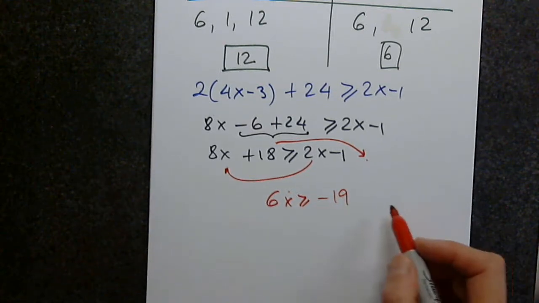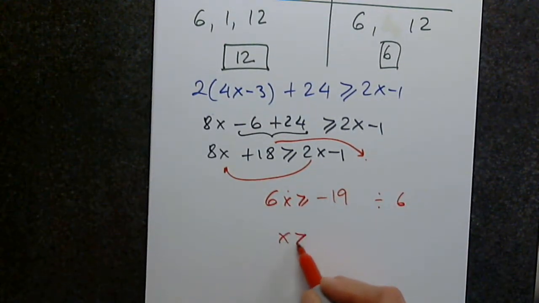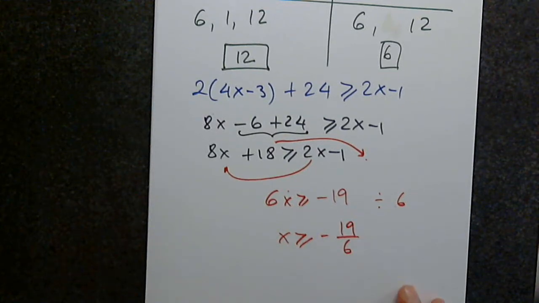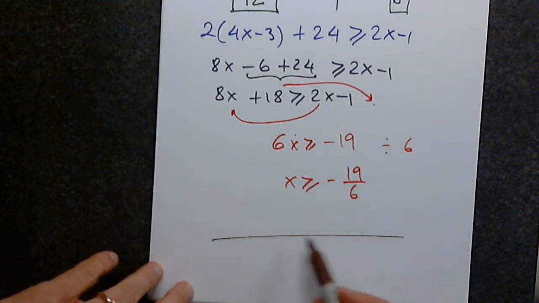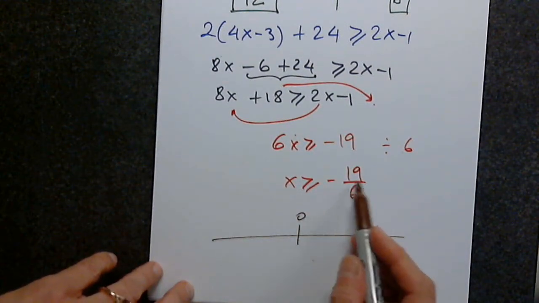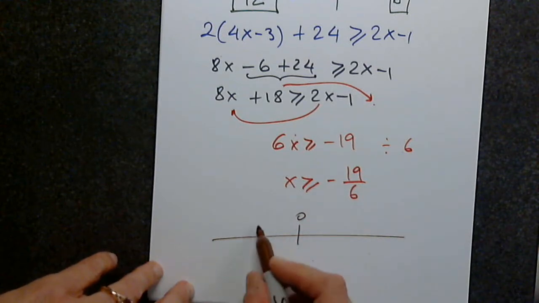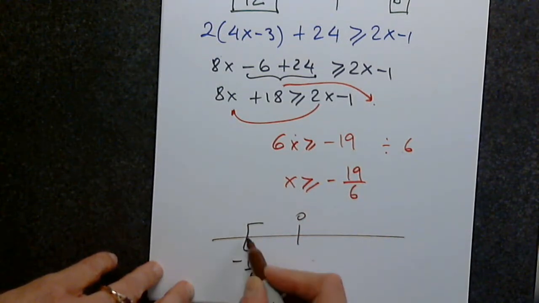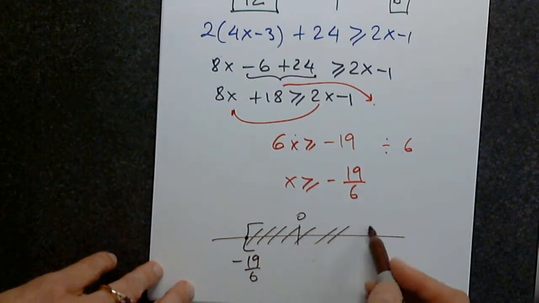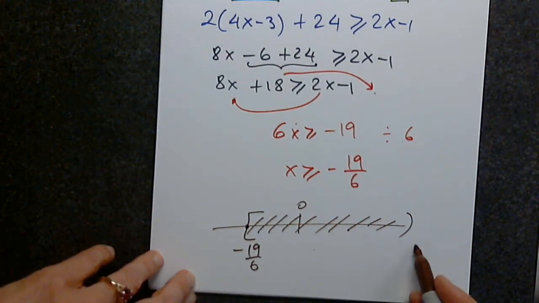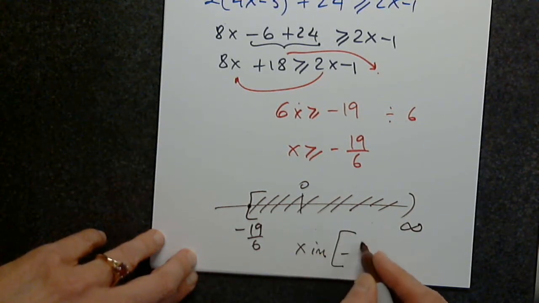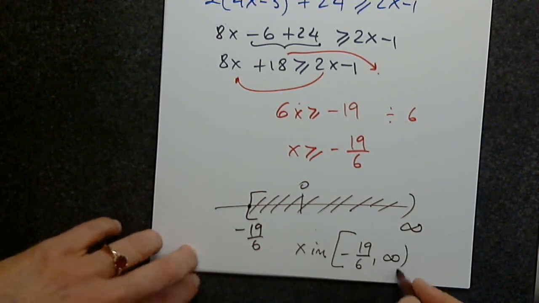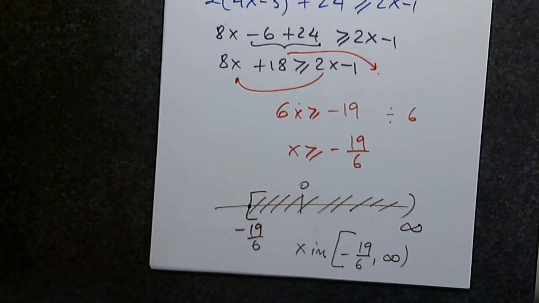As the final step, I will divide both sides by 6, and I get this. Now in interval notation, I hope that you will not have to present the real line all the time, but if you want to, negative 19 over 6, no units, I don't care for units. Negative 19 over 6 is somewhere here, and then I have to go to the right-hand side to infinity. So in interval notation, x is in the interval bracket negative 19 over 6, comma, infinity. Now if it's